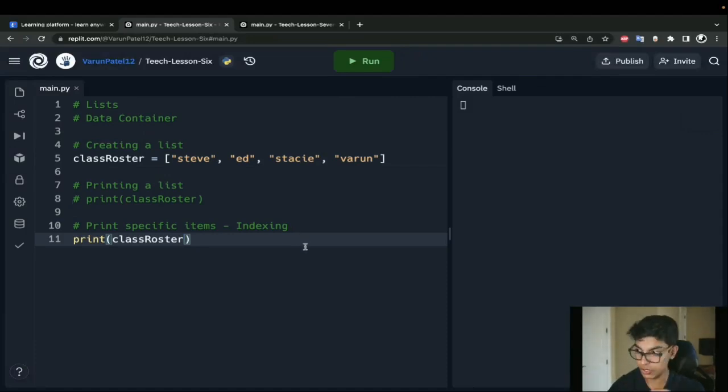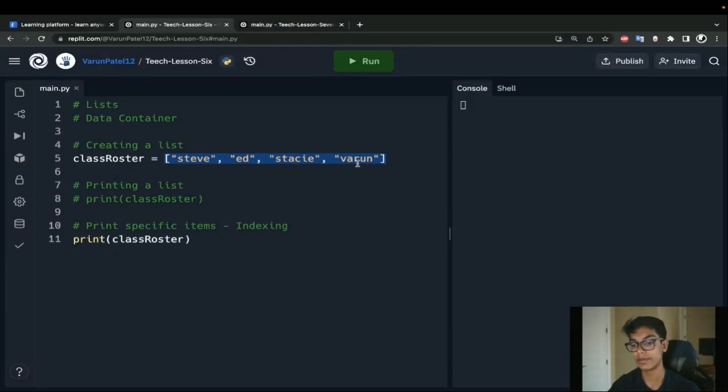So let's sidetrack a little bit here, and let's talk about what an index is. Think of an index as sort of like an address, right? You have your home, it has its own associated address. If someone wants to find you, if they want to come to your home, you give them that address and then they're able to locate you. So let's say this list right here has 4 different items.